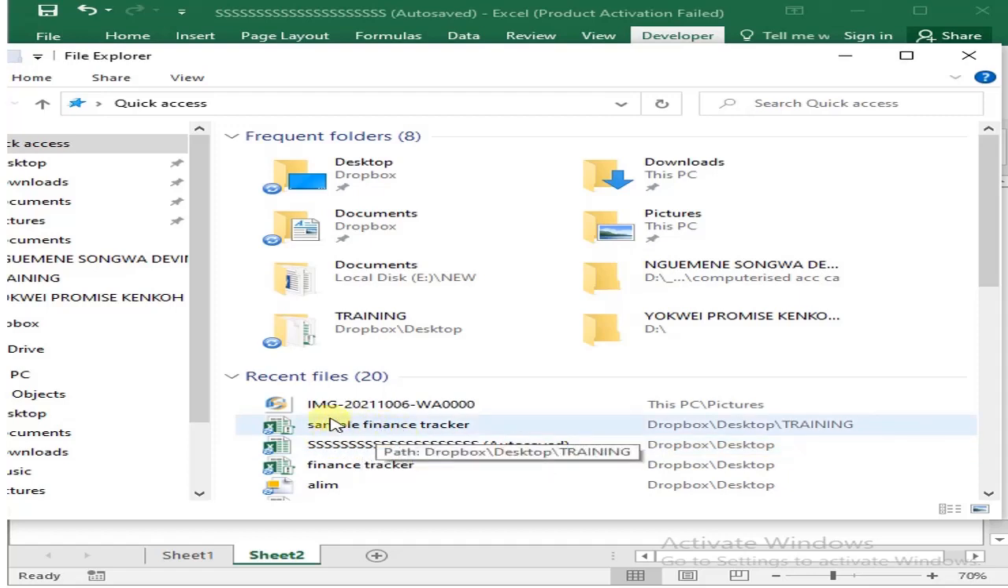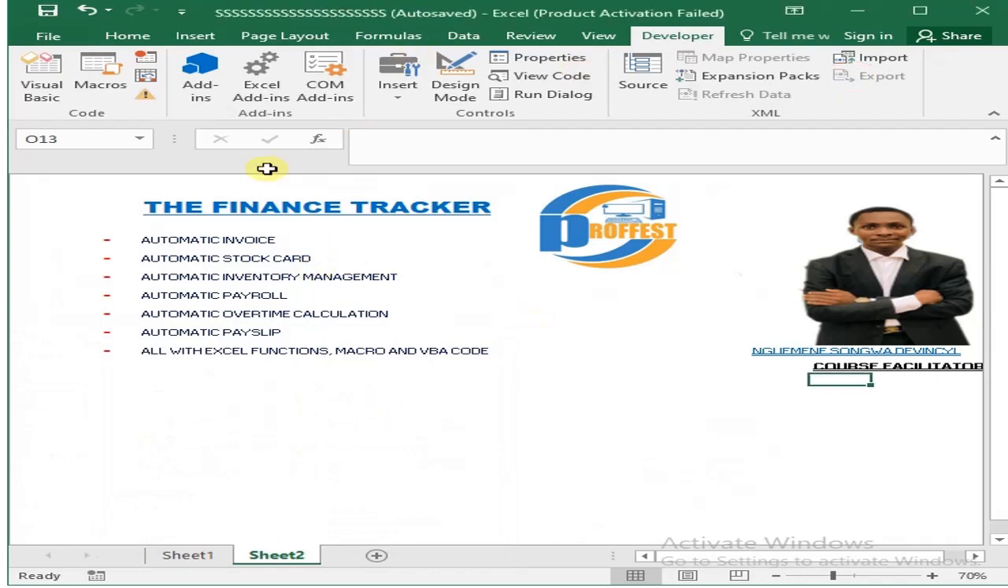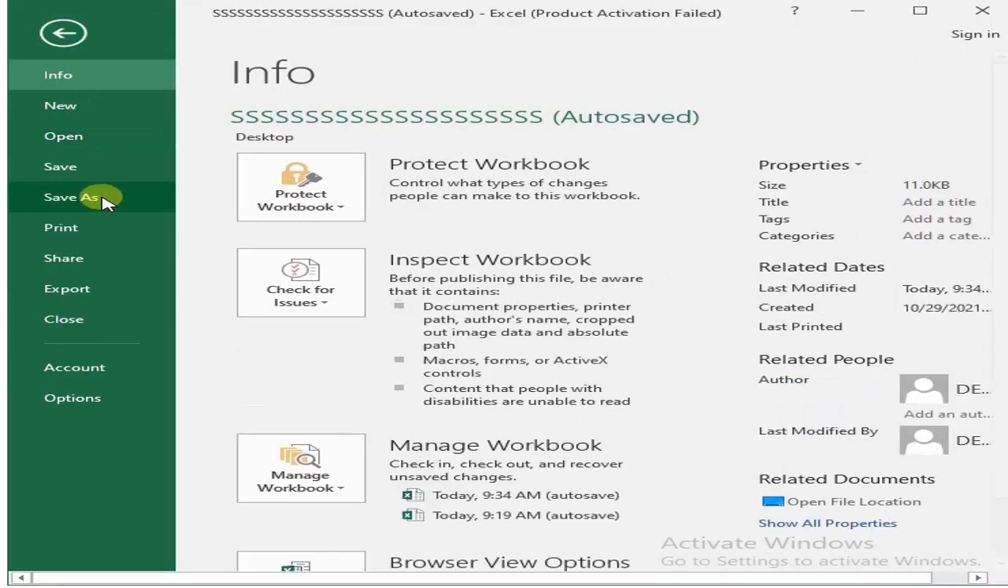This one, if I open it, all my codes will be inside and I will be able to make the automatic calculations that I had there. So how do we go about that? This is our Excel sheet. When we write a VBA code and want to save, we go to our files, save as,